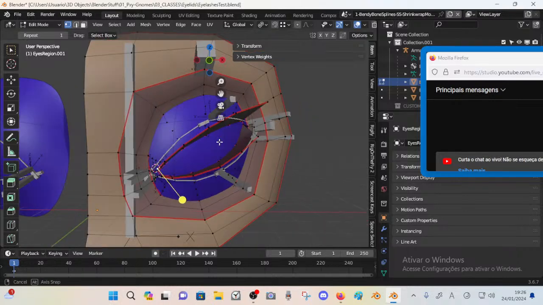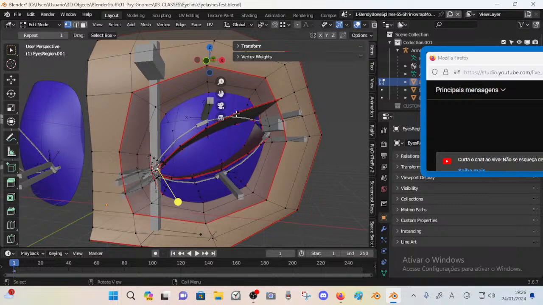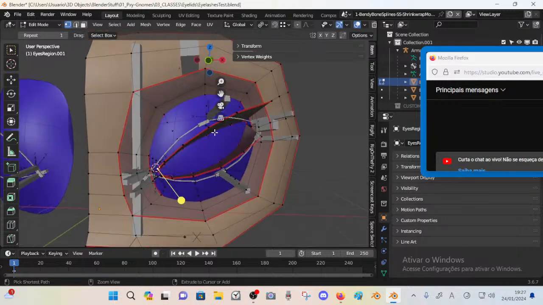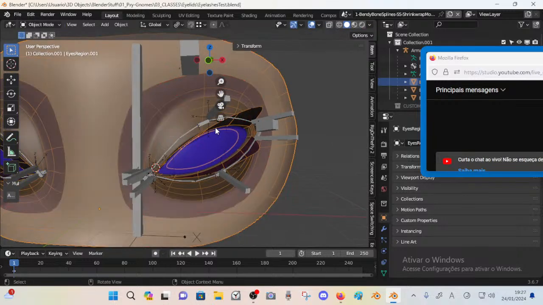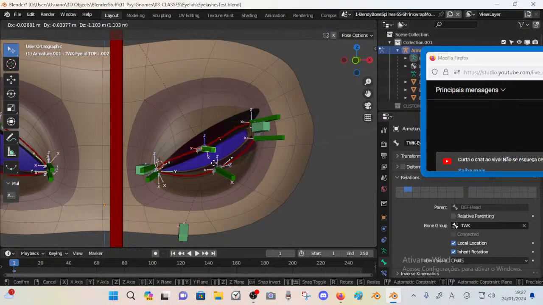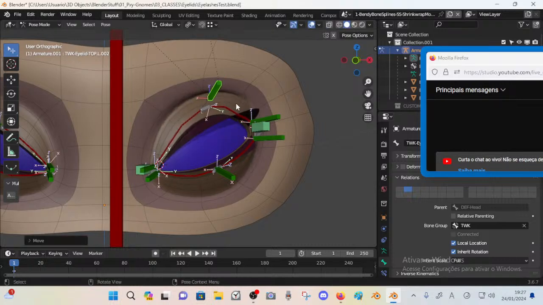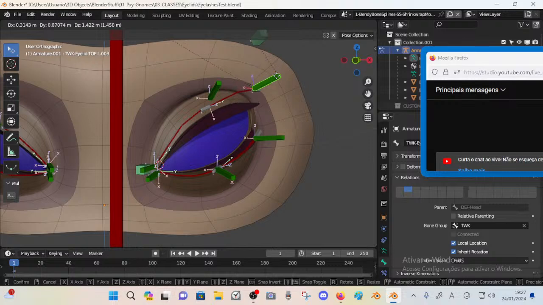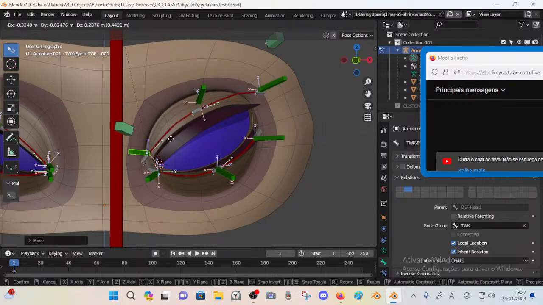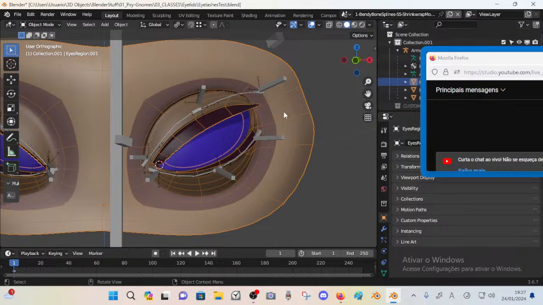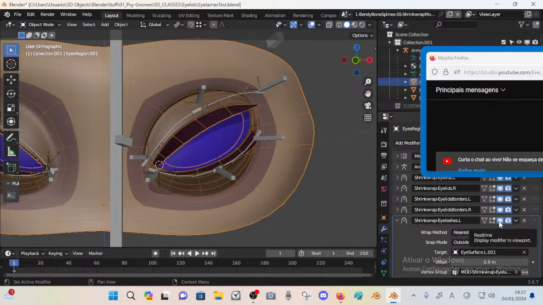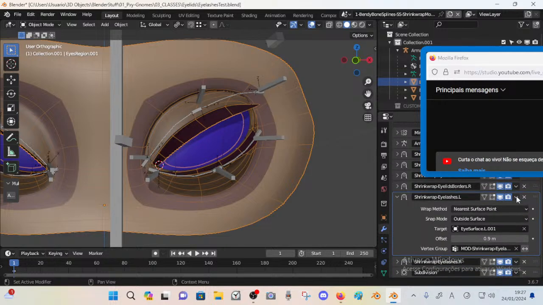smartest idea here. The fact is that when I start modeling the eyelashes, usually I do it before wave painting, so that we don't have to care about this thing, right? In this case, I've created the eyelashes on top of this rig, which was already working without. So here you see that there's no control of the mesh of the eyelashes, but we have the shrink wrap. Oh, we don't have. Okay, now we have the shrink wrap modifier, and